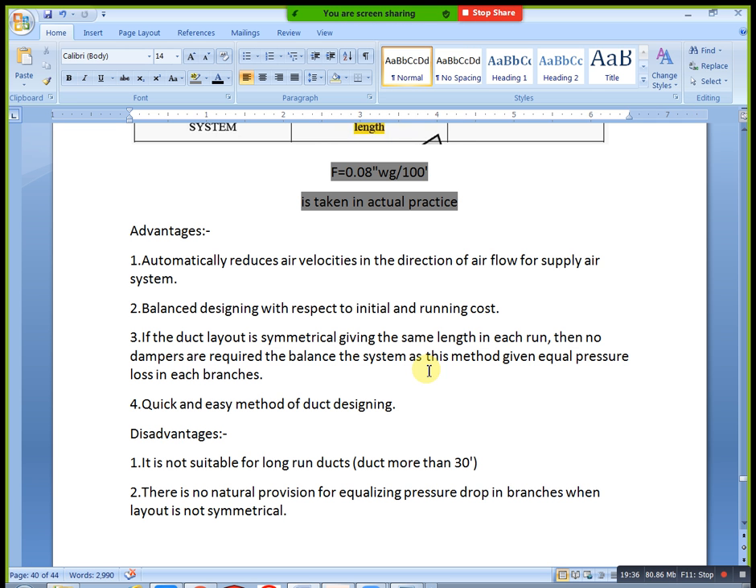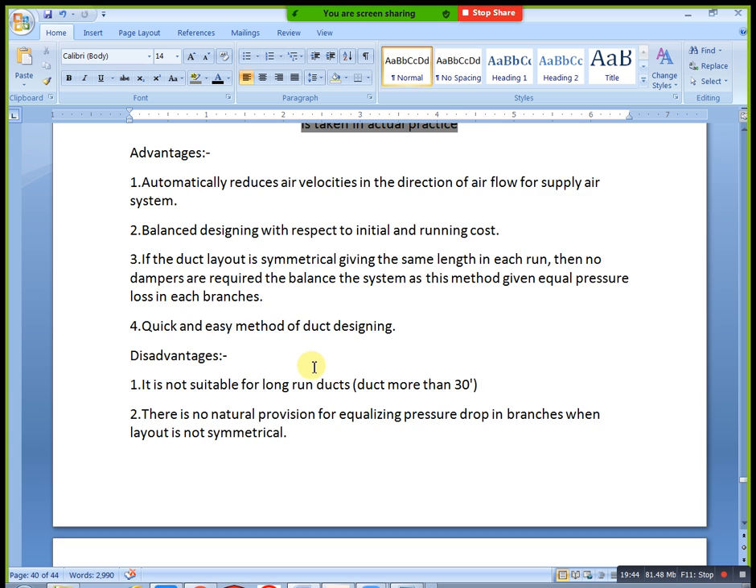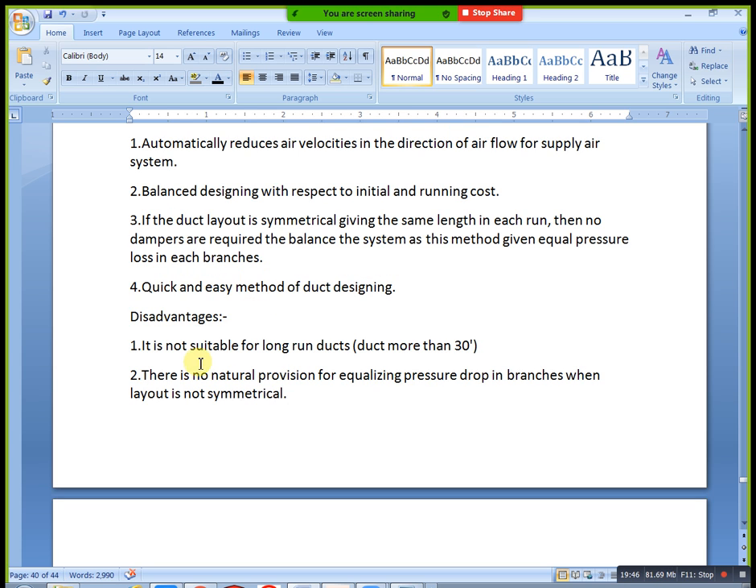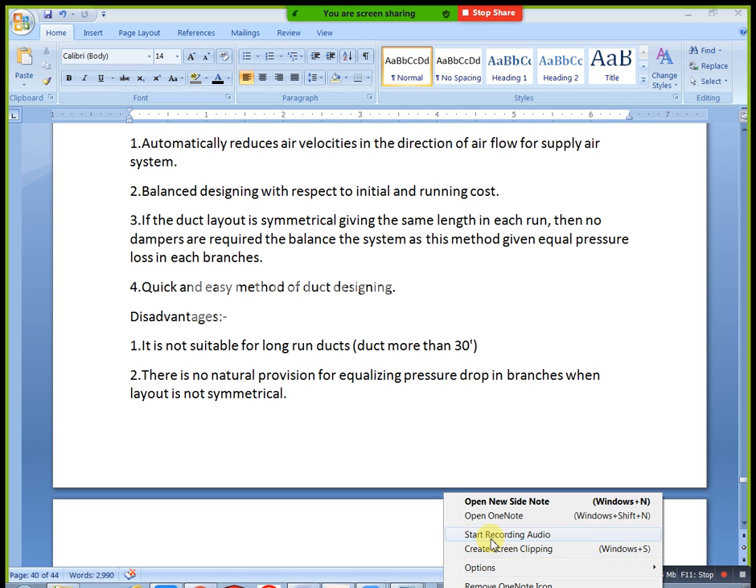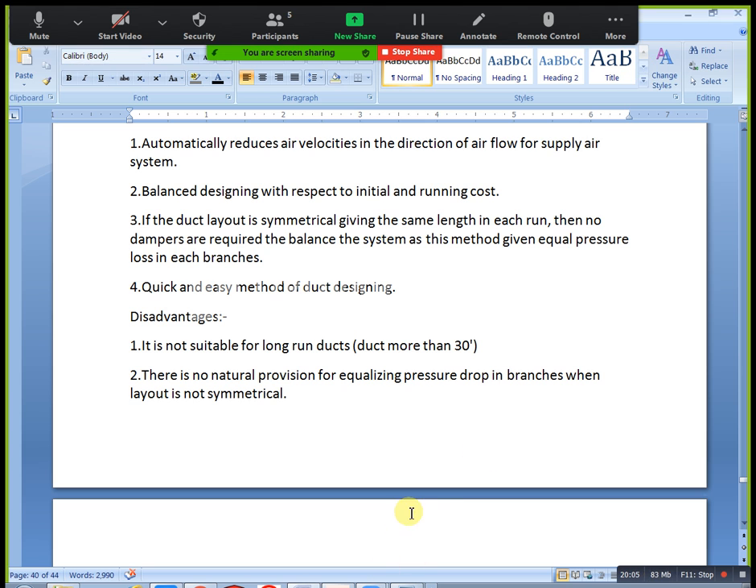Okay, next, it is a quick and easy method of duct designing. You will design easily with this one. The next one is disadvantages. It is not suitable for long run ducts. Long run duct means, yeah, a duct more than 30 feet we consider as a long run, but here long run means,